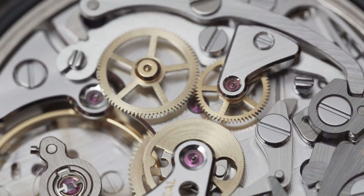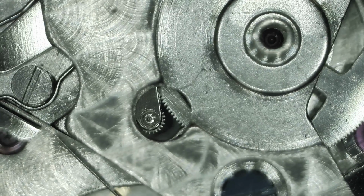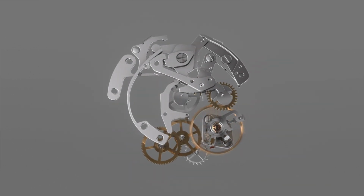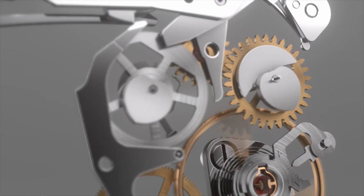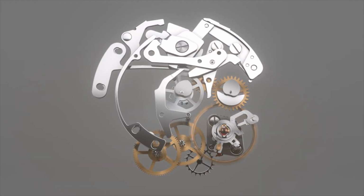What the Valjoux 7750 does is it actually uses an oscillating pinion. So imagine basically a rod that's always rotating at the bottom from a gear in the bottom that's rotating it. So it's always spinning, it's really skinny, and then basically what the lever does is pull it towards the main chronograph wheel and therefore moving it. And what that ends up with is less binding, less basically friction on that part, and so it wears a